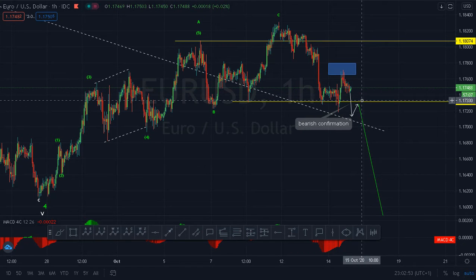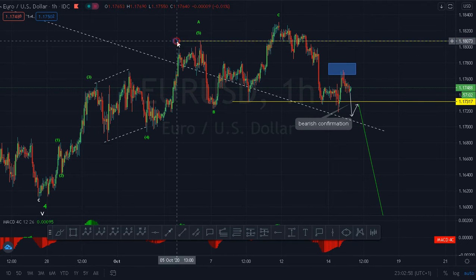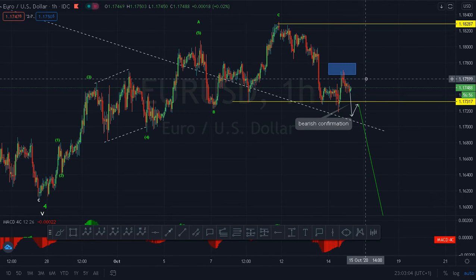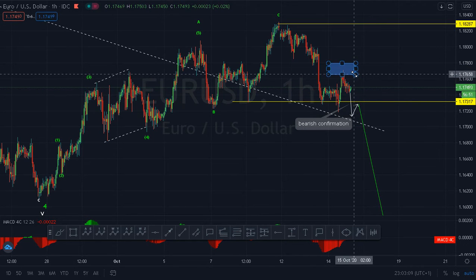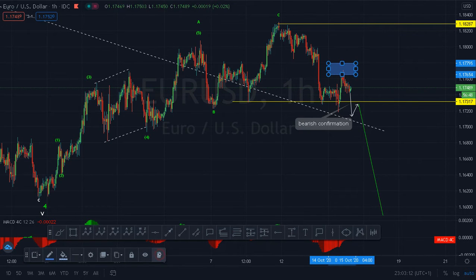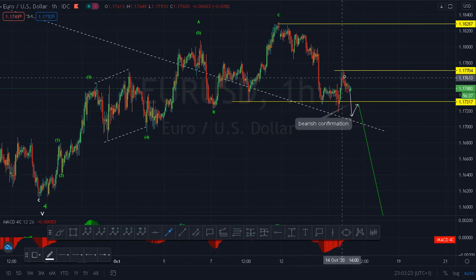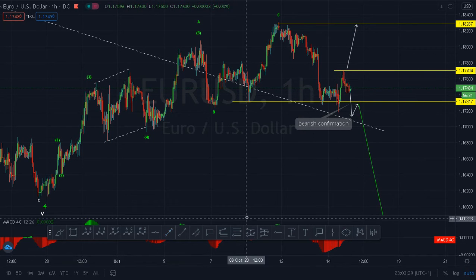If we have a break of this upper line, if we get a buy setup, we can buy. That is, let me remove this. It has its purpose. If we get price to go up and close above this area, then we buy and target this area. So for now, we keep watching. Okay,